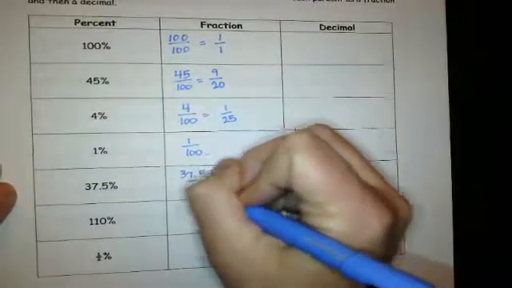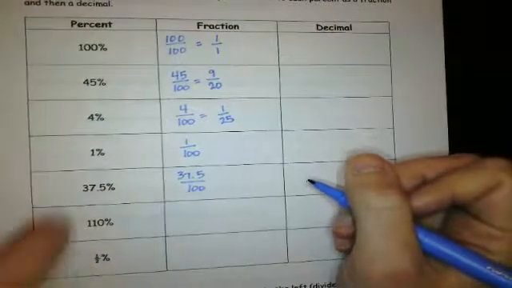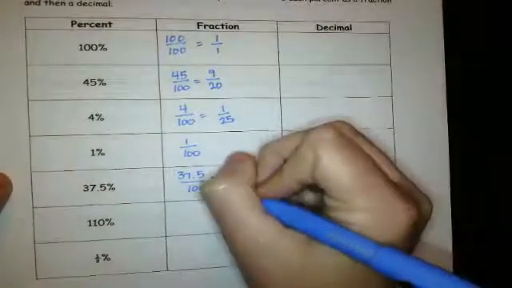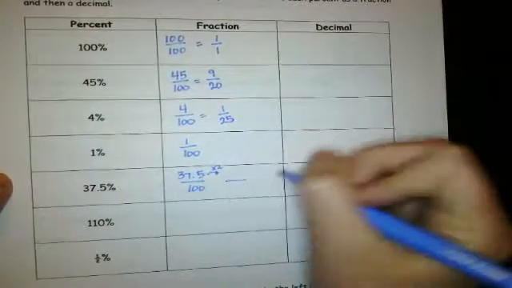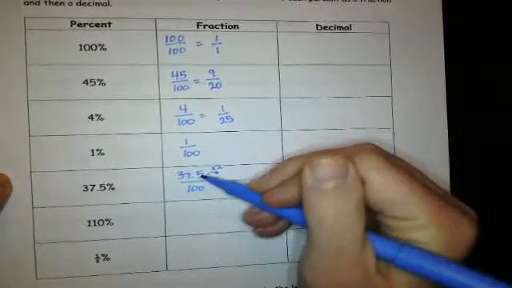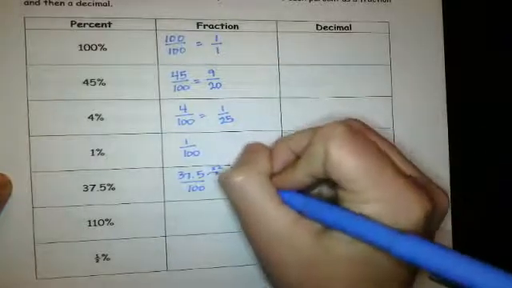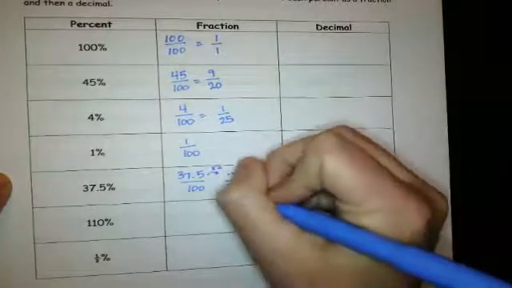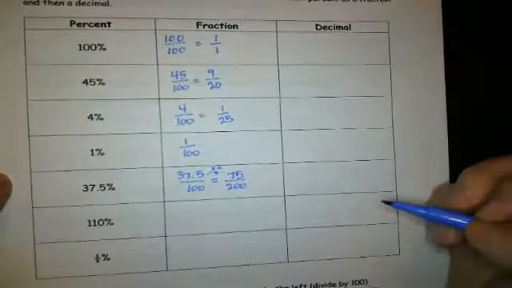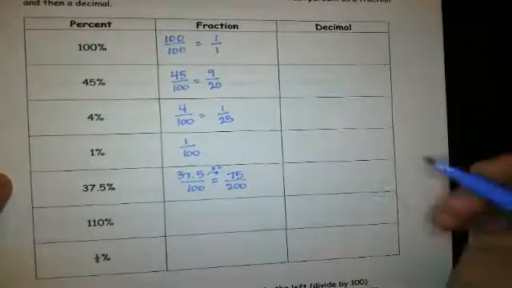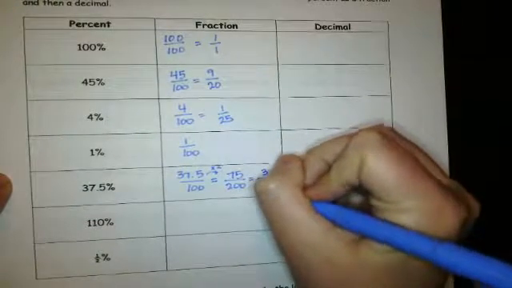37.5. Again, we put it over 100, but we don't want to have decimals inside of our fractions. So what I'm going to do is scale this up by multiplying by 2. And by doing that, I'm going to get rid of this decimal because 37.5 times 2 is 75. And then 100 times 2 is 200. So these two things are equivalent. Now that I have 75 over 200, I can reduce this by 25, and that's going to give me 3/8